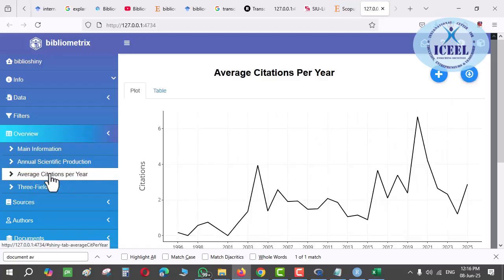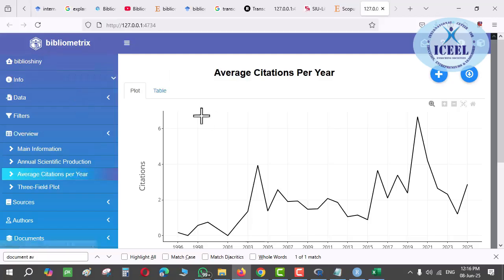Average citations per year. What does it mean? How many citations are you getting on your topic? Now it is going to help you as a researcher, guys, to select those areas in which the citations are increasing year by year. For example, if citations are decreasing and the graph is coming down, would you choose this domain for research purposes? Probably no. Ultimately, after research, what are you expecting? Citations. Citations are nothing but the kind of impact that your research is going to create in the domain. So everybody is craving after citations.